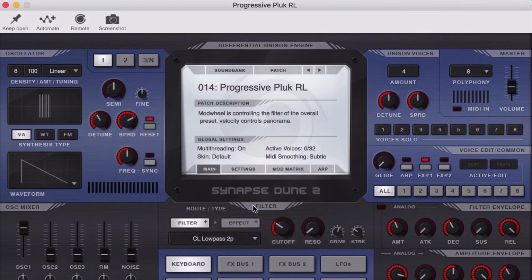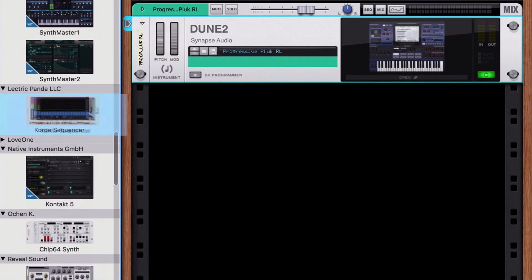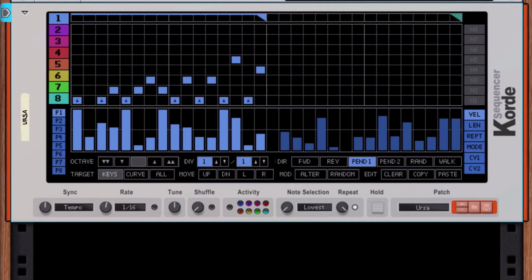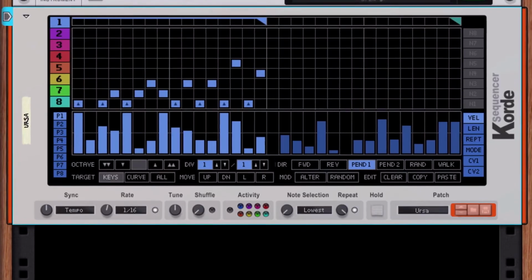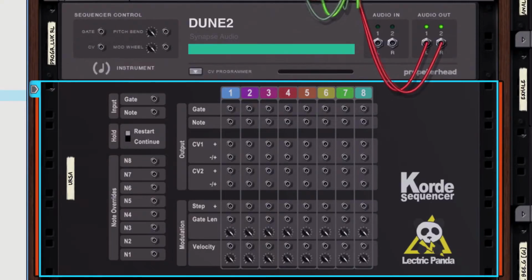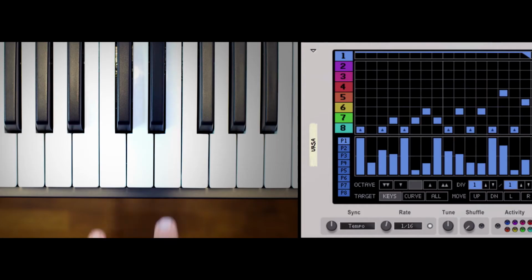To sequence Dune 2, let's bring in the Chord Sequencer by Electric Panda and load one of its pattern presets. We connect the Chord Sequencer to our Dune 2 VST plugin by flipping the back of Reason's rack using the Tab key. We can drag cables from Chord's gate and Note CV outputs to the plug-in rack device's gate and CV inputs. Now, if I play some chords,